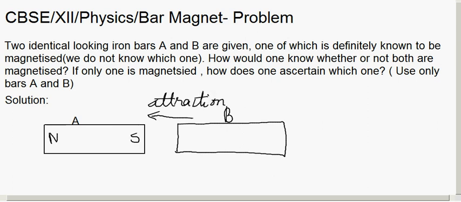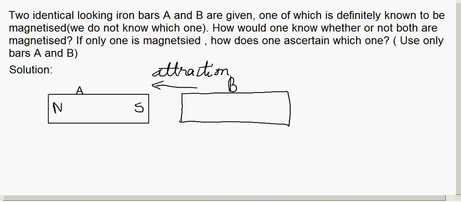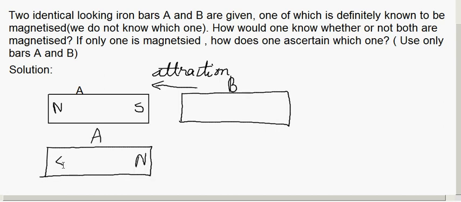Now in the second case, you take bar A only, but you reverse its poles. So now you bring north here, south here, and now if again it attracts the bar magnet,